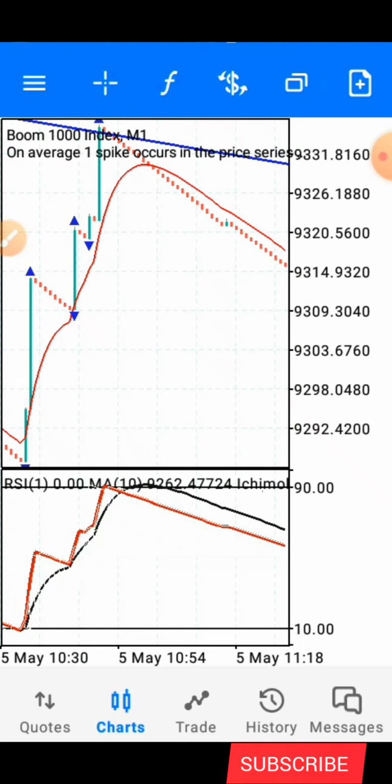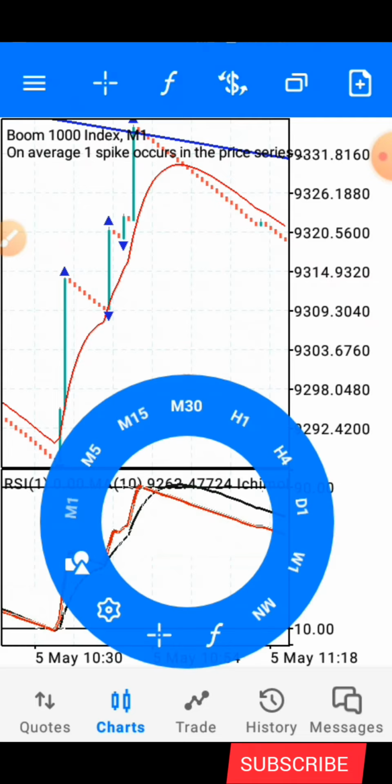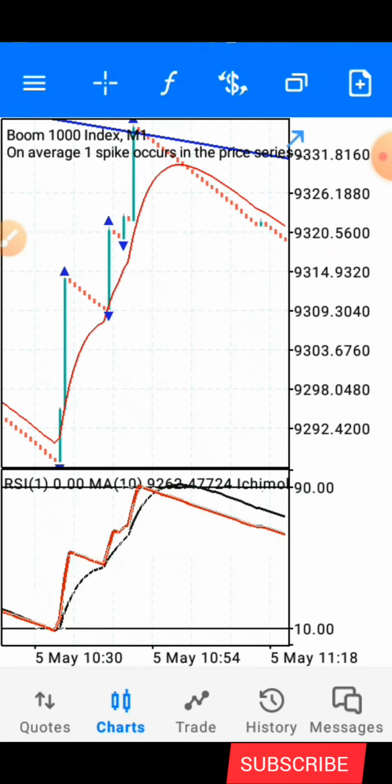These are the simple conditions you need to make sure you observe, or wait for, before taking an entry with this strategy. Now the first thing you need to wait for before taking an entry with this strategy is, first of all, to wait for